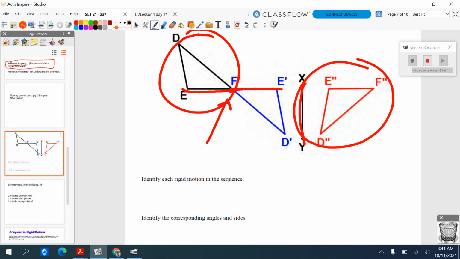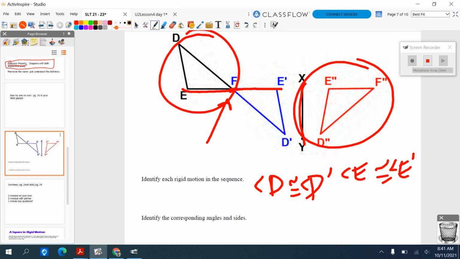Identify the corresponding angles inside. So D and D prime are corresponding. We're going to write the congruent sign. We're going to write the angle sign. And then you don't write measure because we're not saying that they're equal. Even though congruent means that they are equal, you're just saying they're the same. E and E prime